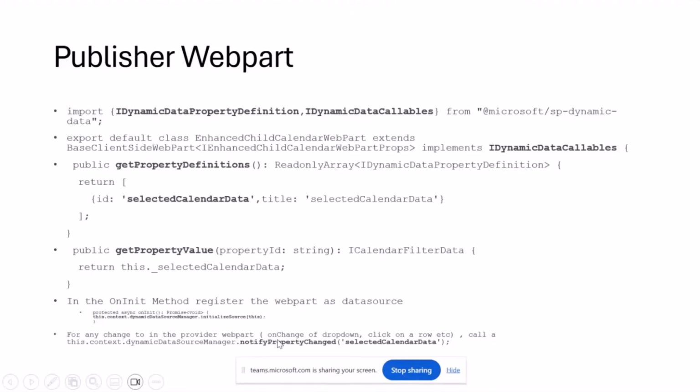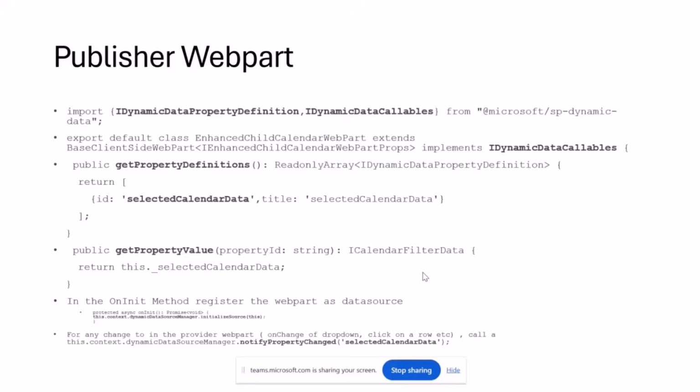So this is an important method. For example, if you have a drop down of, let's say, states, you select it, you make a change to it. That's when you will say that this drop down value has changed, notify this. And when it gets notified, your target web part will have the latest values